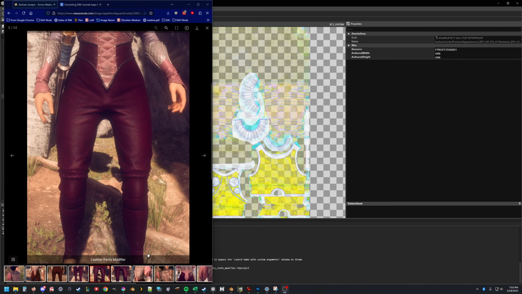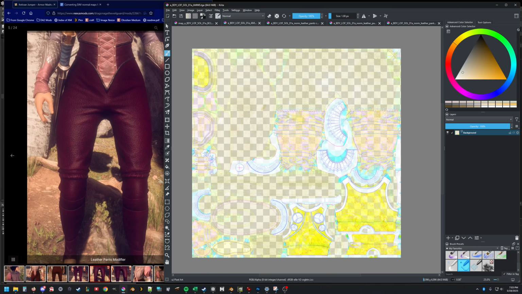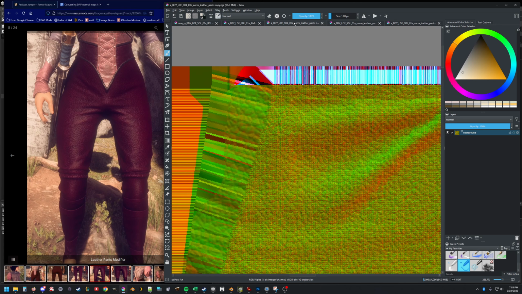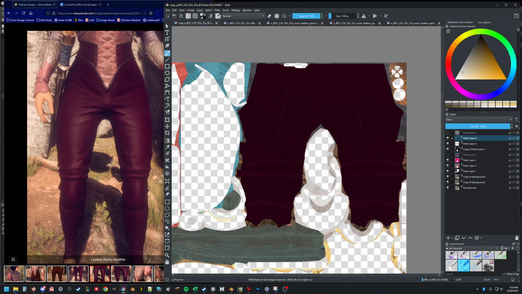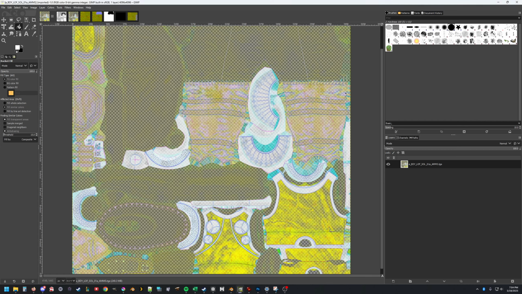So I use a couple of different programs. For most of my texture editing, I use Krita, which is this free software. And I use it for all my recolors and stuff, but it is really bad with the type of editing that we specifically need to do for AMMSs. And so I am going to show you two other software that I use for this. So I actually do all of my editing in GIMP